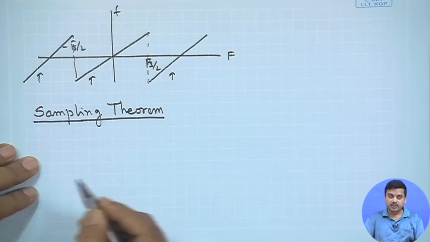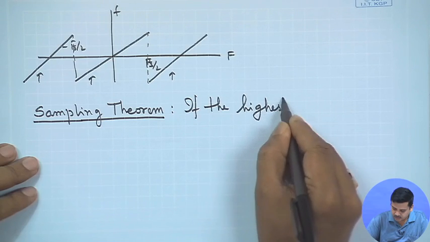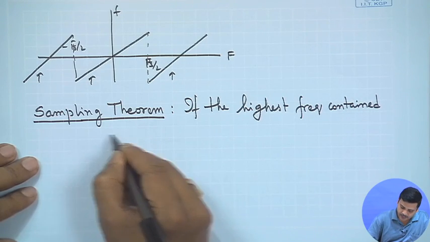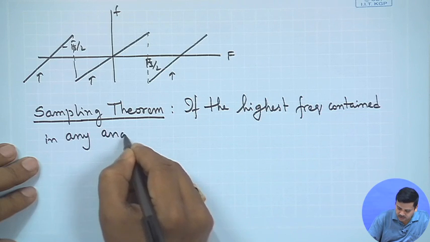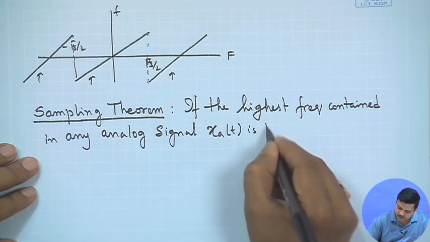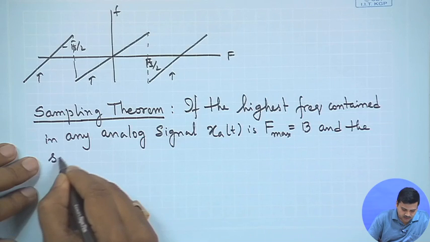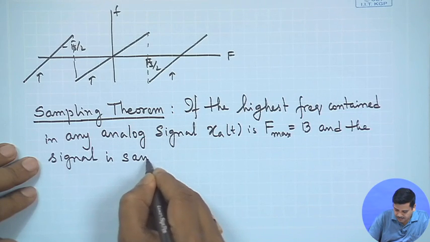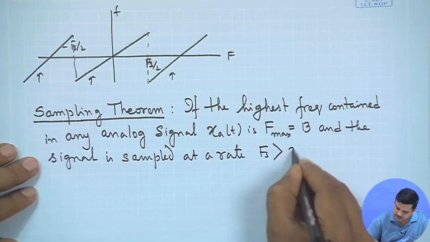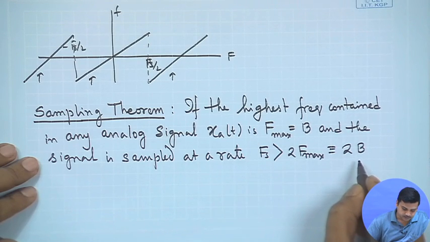This is a very important theorem which comes from the above description. What it says is that if the highest frequency contained in any analog signal x a of t is f max, which is equal to b, and the signal is sampled at a rate f s which is greater than twice f max, which is equal to 2 b, which can be defined as 2 b, then